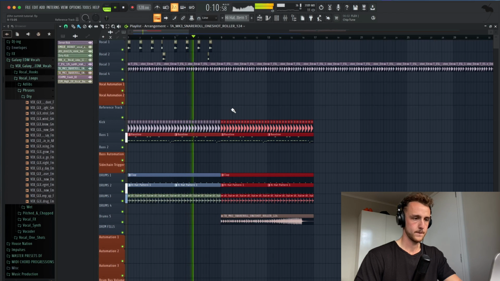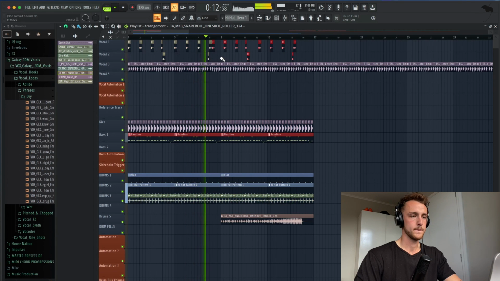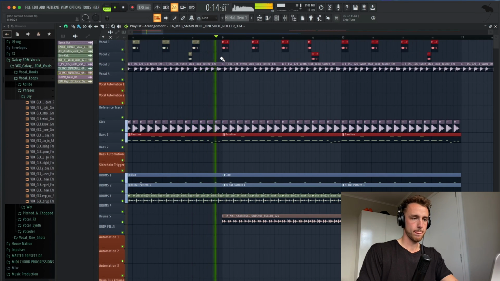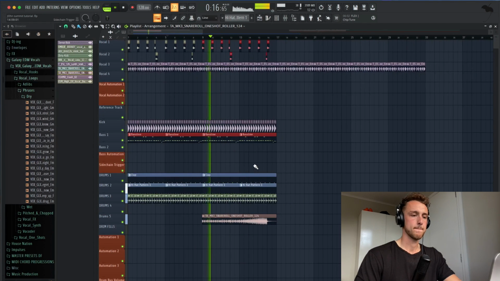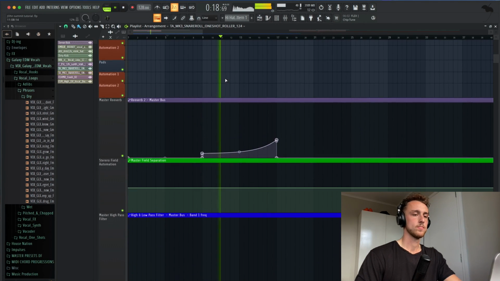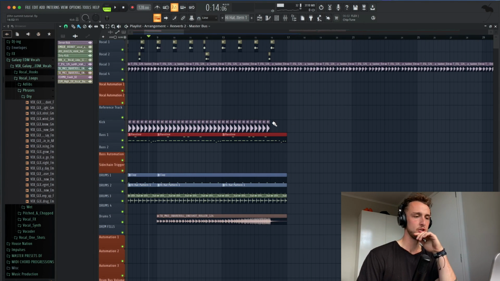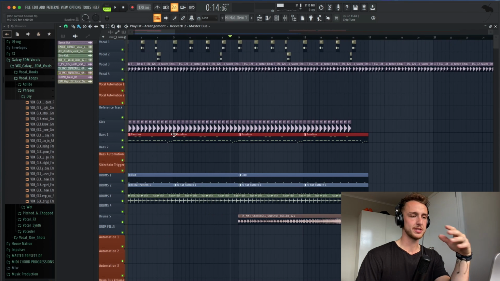And now there's another drop happening here. This is already a drop with a lot of energy, but here there's another build-up and